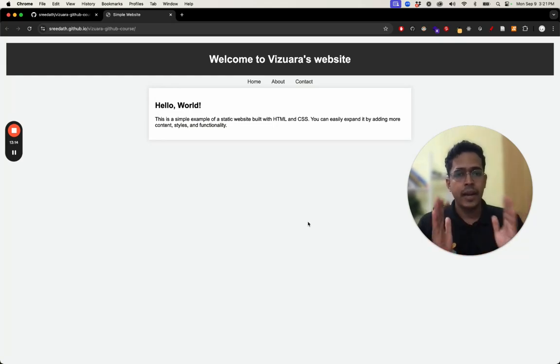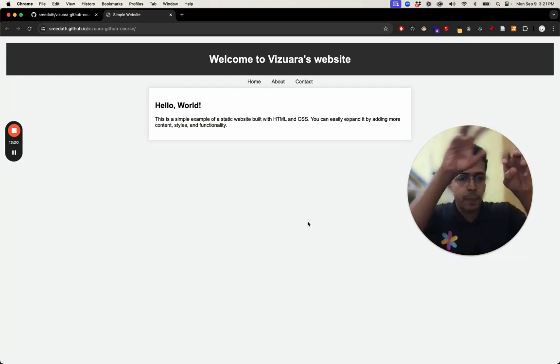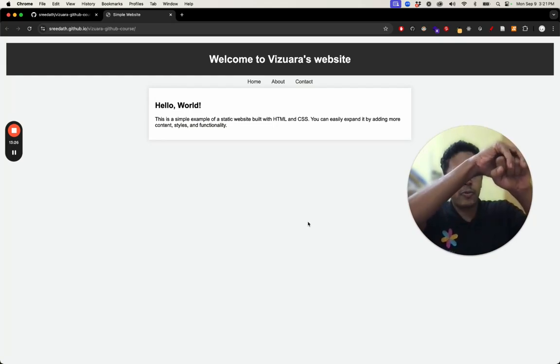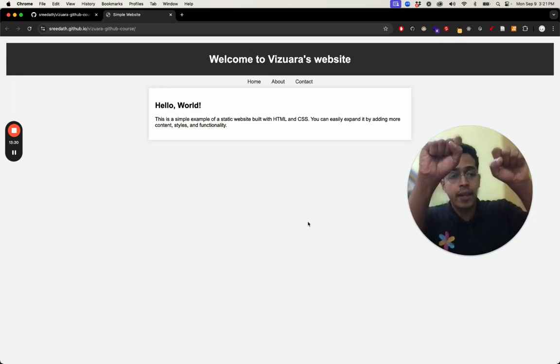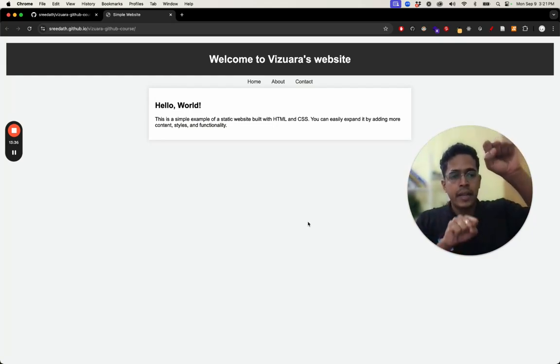I hope you really understand the difference between forking and cloning. Forking is from cloud to cloud. You make a copy within the GitHub cloud from one repository to another repository, meaning from Sridhar's profile, a copy was created in Visuara's profile. Cloning, initially what we did was from Sridhar's profile on the cloud, we created a local copy in the local